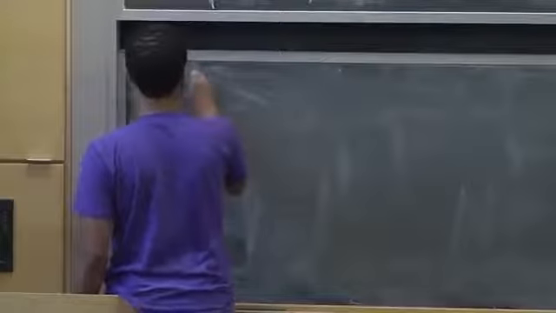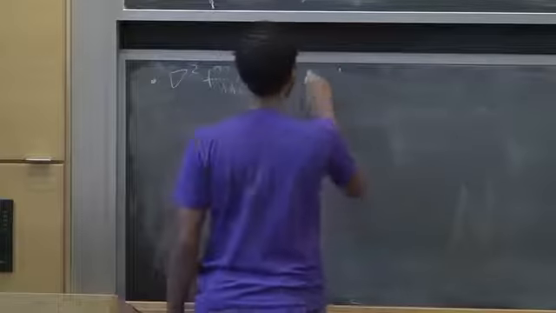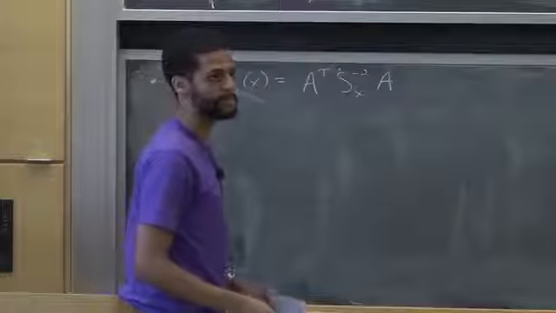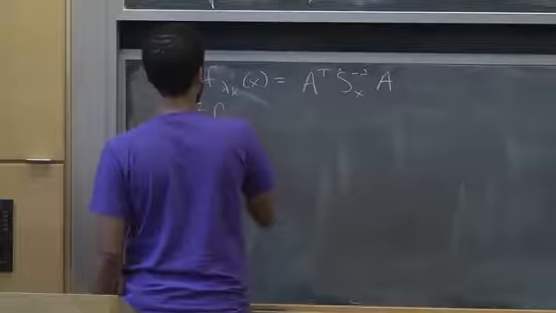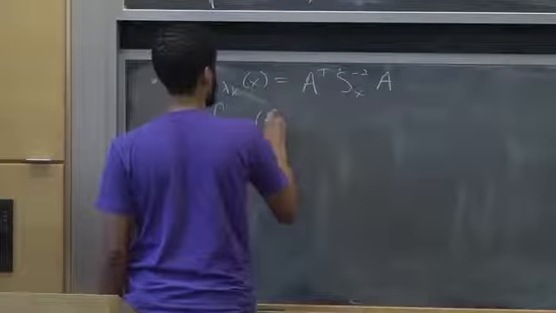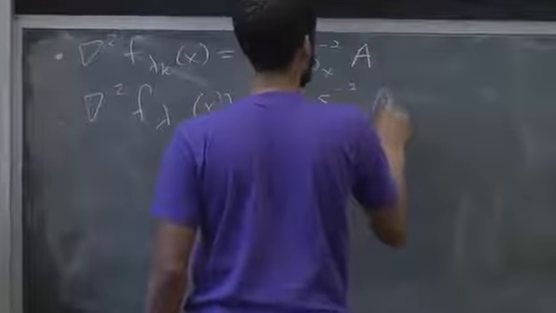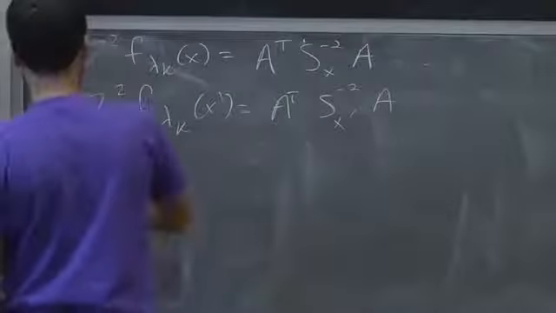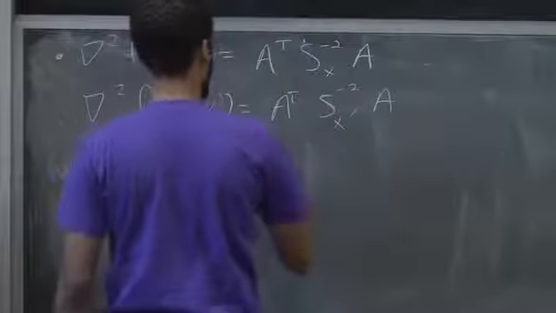The Hessian is A transpose Sx to the minus 2 A. And the Hessian at x prime is now A transpose Sx prime to the minus 2 A. And we want to say that these things are spectrally similar. We want that for all x, basically,